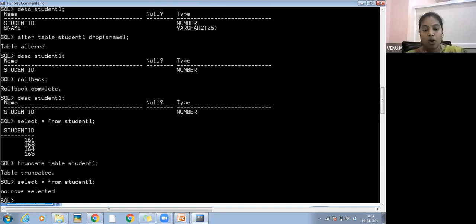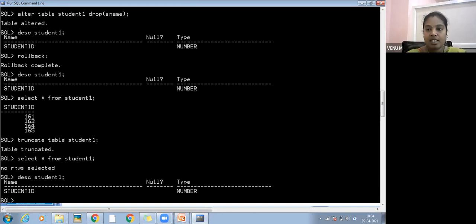So what is drop? Before going to drop, you have to describe the structure of the table student one, right? The structure is available but data is not available after truncate. So I want to delete the entire structure also, because student one is not needed for us. In that case, what command do you have to use?